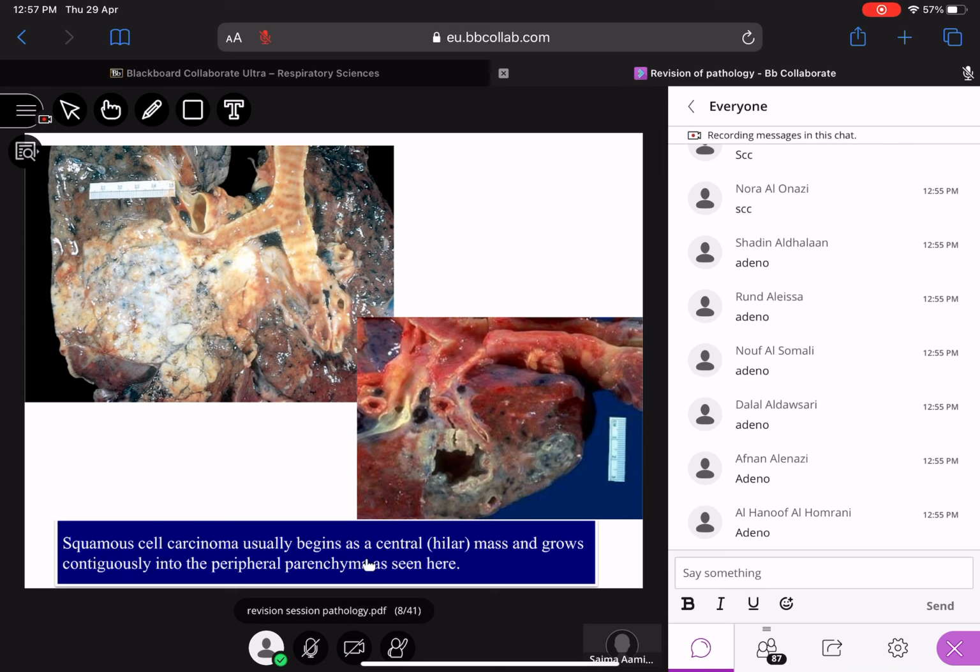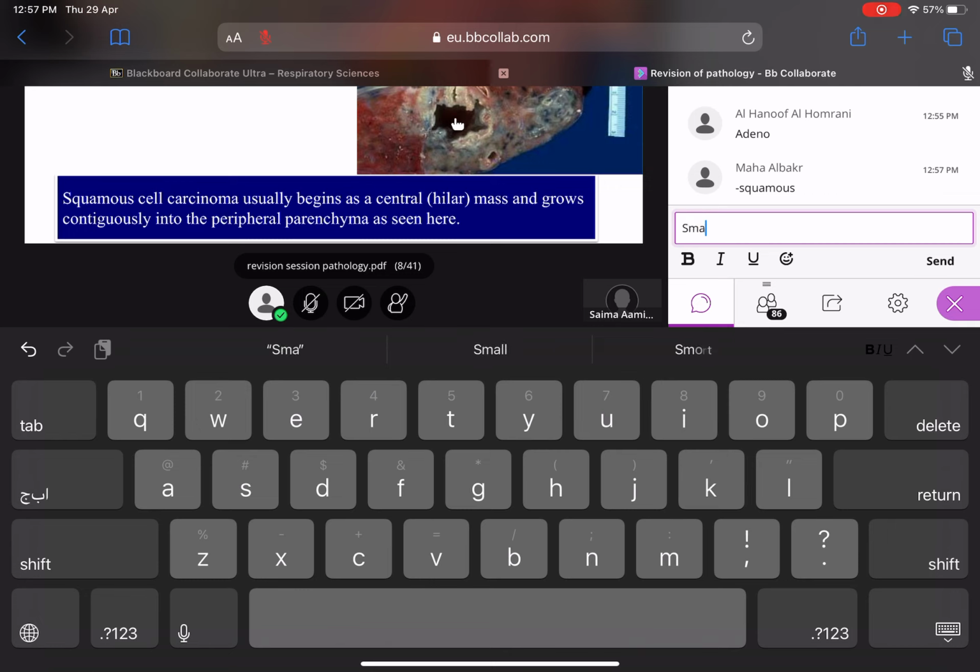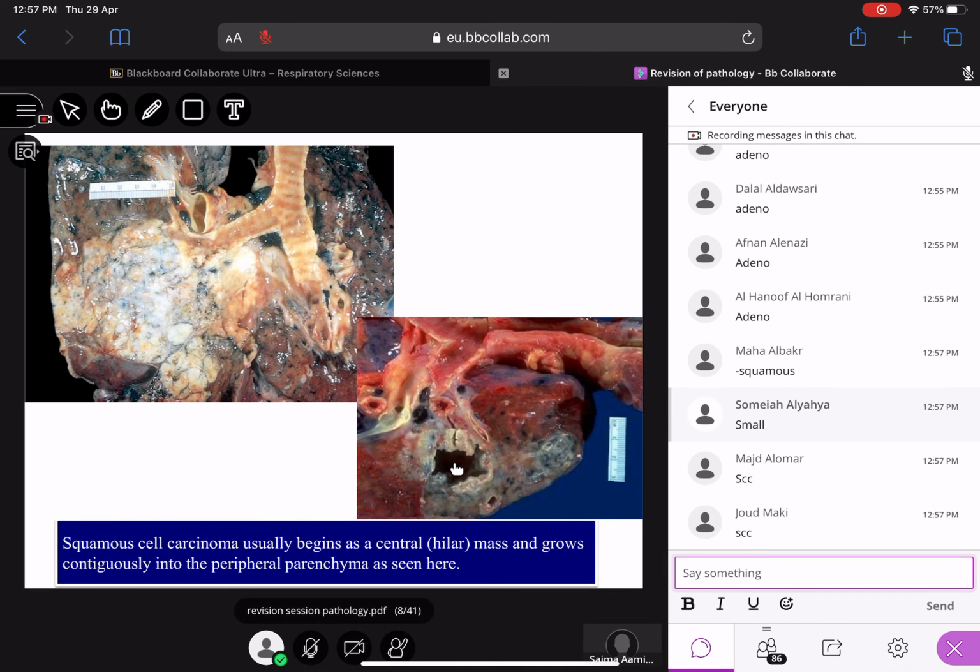Now, what do you think? Which tumor is this? 60 years male smoker. Yeah, a central lesion with a cavitation. So most likely it is squamous cell carcinoma, but yeah, it can be small cell. So the ultimate diagnosis is on biopsy. When you look at the histology slide, you will make the final diagnosis. But the cavitation will be more in favor of squamous cell carcinoma. But here you can have both the differential squamous and small cell. Final diagnosis is on biopsy.